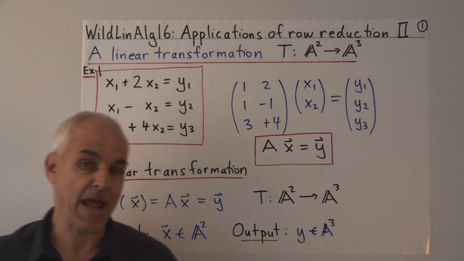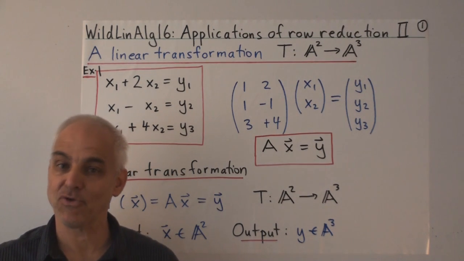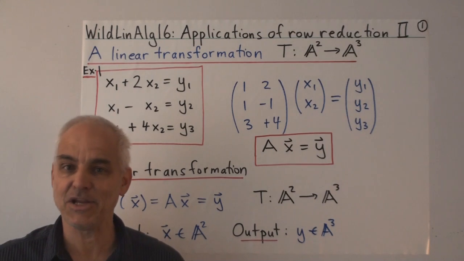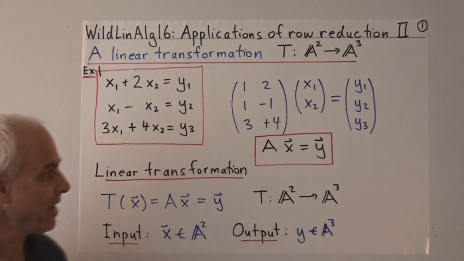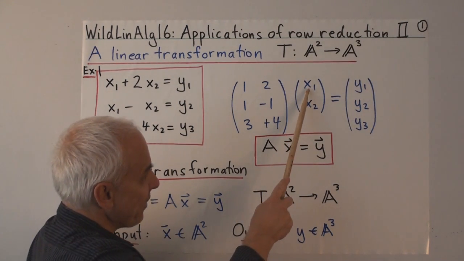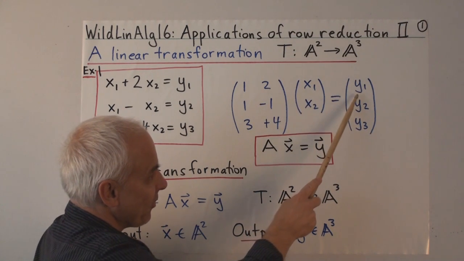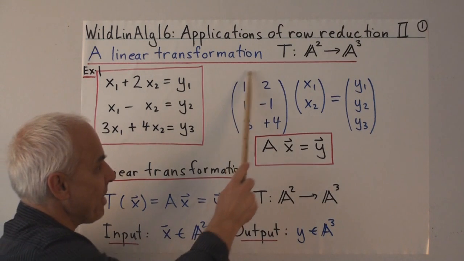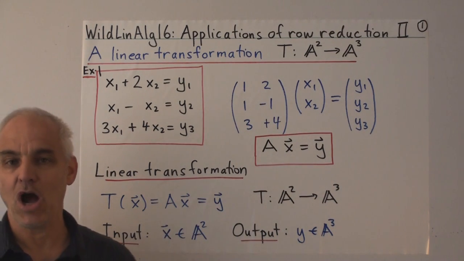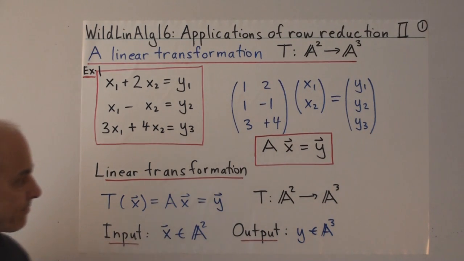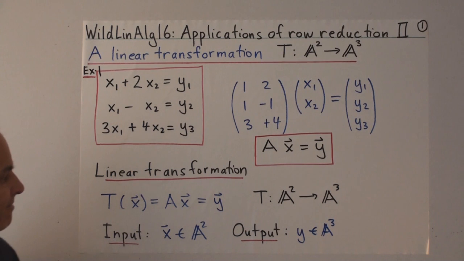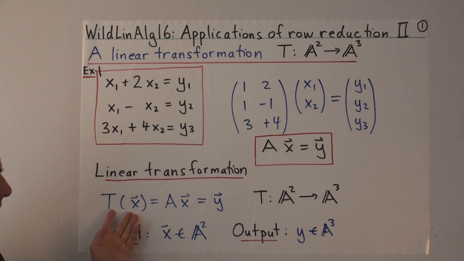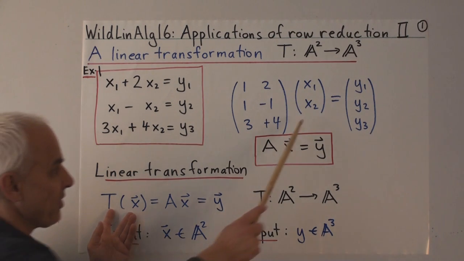So this is still an example of our fundamental problem of trying to invert a linear change of coordinates. The problem is still to try to solve for x1 and x2 in terms of y1, y2, and y3. But the fact that this matrix is not square now complicates the issue a little bit. What we really have here is a linear transformation. And the way we think about that is we think of starting with this vector,